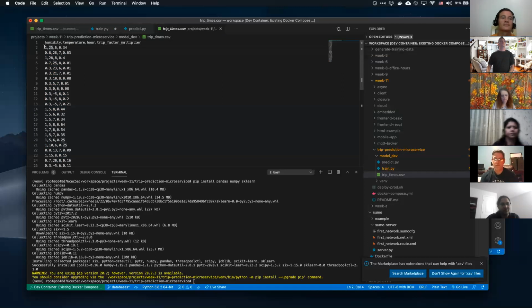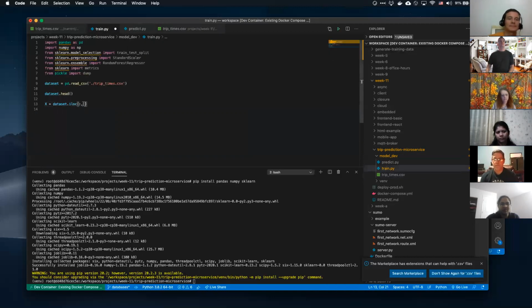What we actually want is these columns 0, 1, 2, and 3 to be our inputs, and we need that last column to be our output. So all I'm going to be doing here is just that. I've got the rows and the columns. So 0 through 3 is my X, and then my Y is dataset.iloc column 3. So that's my Y, and I just need to get the values off of them.